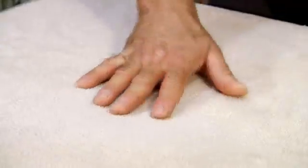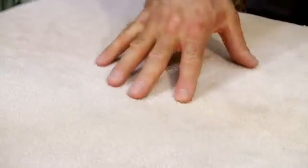You're going to have spots that reappear a couple of days after the carpet has been cleaned, and some spots that seem to reappear a couple of weeks after the fact. And the reason is that if it's something that appears a couple of days after the carpet has been cleaned, it's usually related to something that was spilled on that carpet that went through the carpet, probably through the padding,